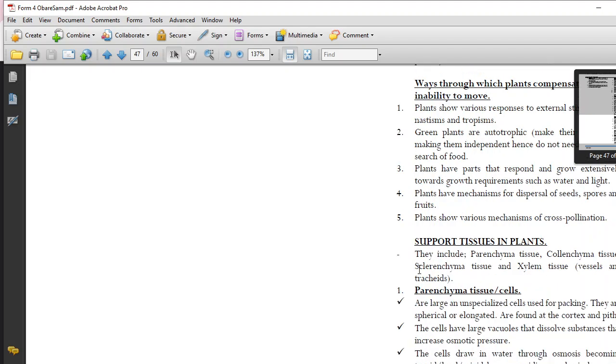Now that we have agreed that movement is important, we would look at the support tissues in plants. Again, in Form 2, when we were looking at the topic transport, we looked at a number of those support tissues in plants. You remember parenchyma tissue, for example. In Form 1, in the topic cell physiology, one of the roles of osmosis is support in herbaceous plants. And when we come to the explanation as to how osmosis offers support in herbaceous plants, you realize